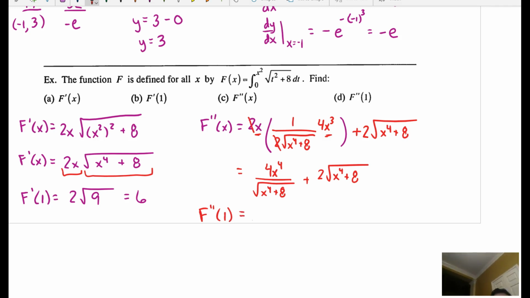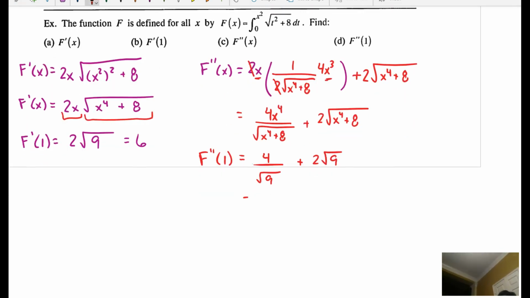F double prime of 1, I'm going to plug 1 in for all the x's. It's going to give me 4 over the square root of 9 plus 2 times the square root of 9. So then 4 thirds plus 6. 6 as a fraction with the denominator of 3 is 18 thirds, so this gives me 22 over